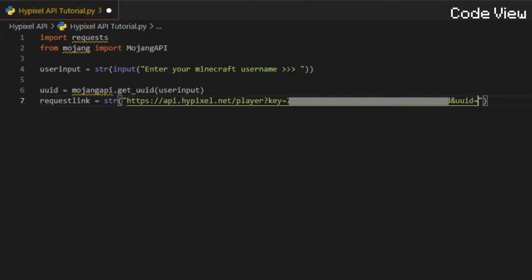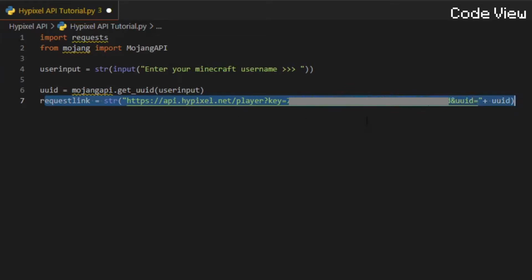The key here will be blurred, so you won't be able to use it. To get that, you just need to log on to the Hypixel server and do /API, I believe. And then that should give you your token, which you'll put in here. And then we keep this bit at the end blank. We're going to put just a simple plus UUID. So that's going to be getting this string and just adding that to it, so it's requesting all our